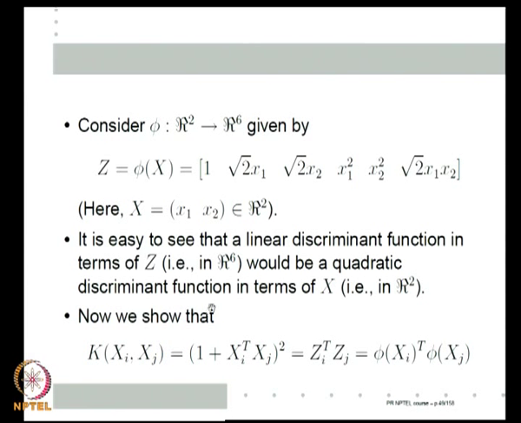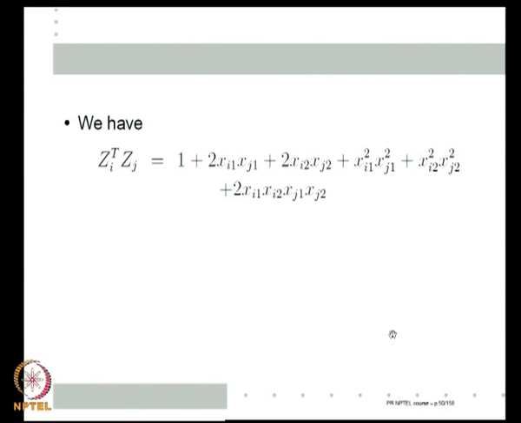Now, we are going to show that with this transformation, k(xi, xj), that is (1 + xi transpose xj) whole square, is actually phi(xi) transpose phi(xj). This means if I use this kernel function, I am effectively finding a quadratic discriminant function using just a linear technique. If I wanted a linear thing, I would have used xi transpose xj. If I want a quadratic thing, it is simply (1 + xi transpose xj) whole square. I am still solving the same dual. So, let us show this first.